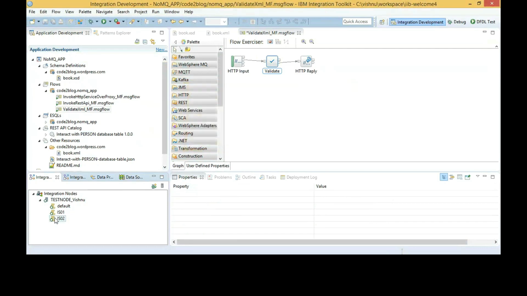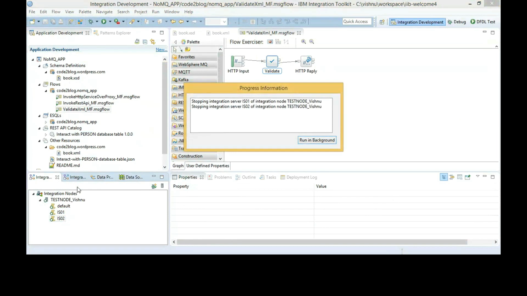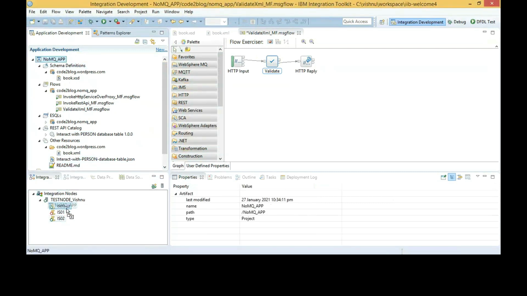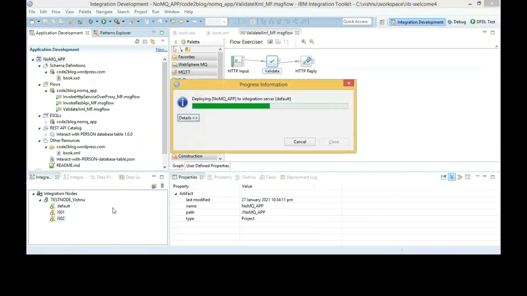Let me clean up my IIB runtime environment by stopping a few execution groups, deleting unnecessary flows, and then I will deploy this HTTP node and the associated validate XML message flow into default execution group.